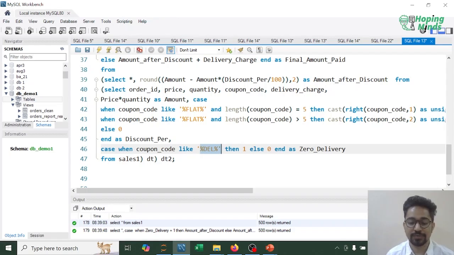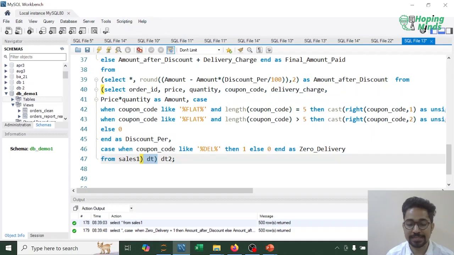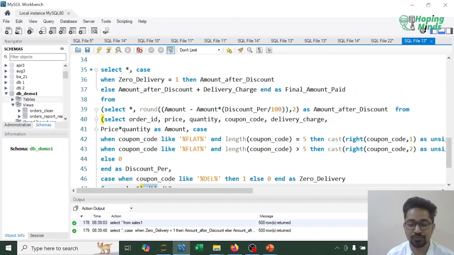and maybe 0, then 1, meaning if 0 delivery is 1, it means the 0 delivery will be offered, else 0, right? Else we have set 0, from sales 1. So now we have wrapped this in a subquery. The subquery name is dt, and then what we have used over here, I'm using select star, and then